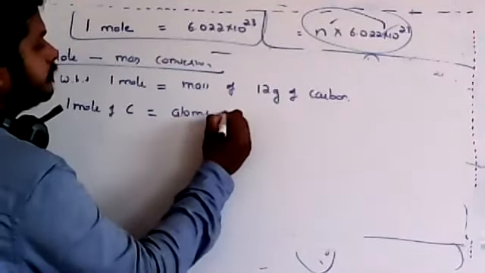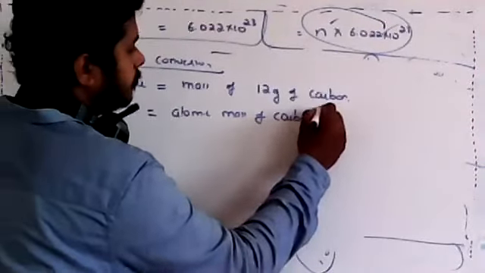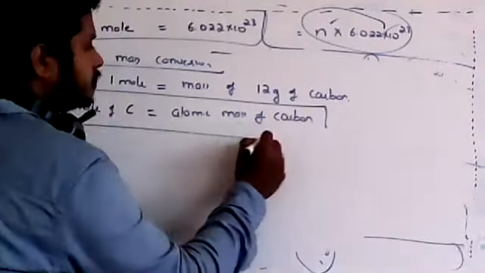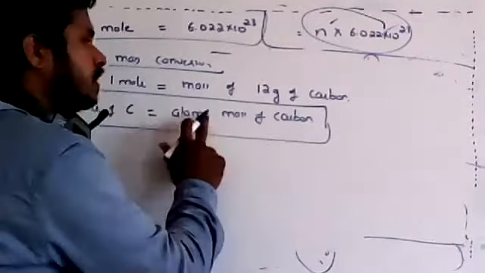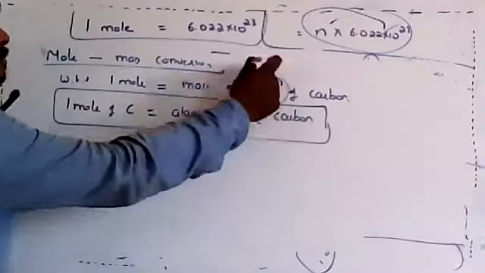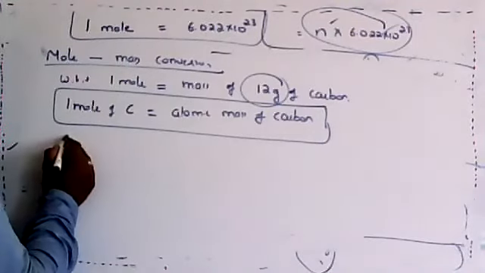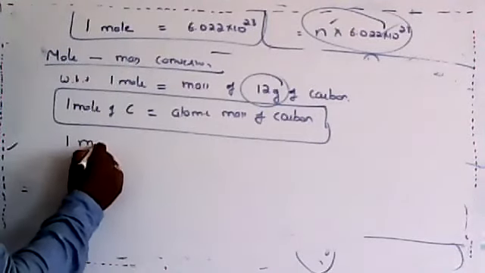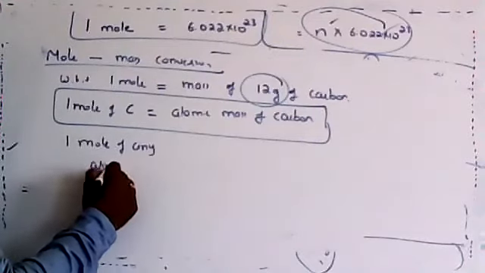Atomic mass of carbon. So dear students, what is this now? 1 mole of carbon, if you take, it is nothing but you have taken the atomic mass of carbon. Why? Because the atomic mass of carbon is 12 grams. Is that clear now? Okay, so now I can generalize that 1 mole of any atom